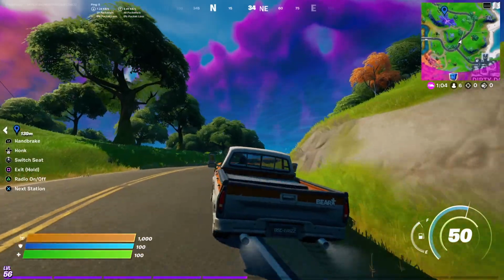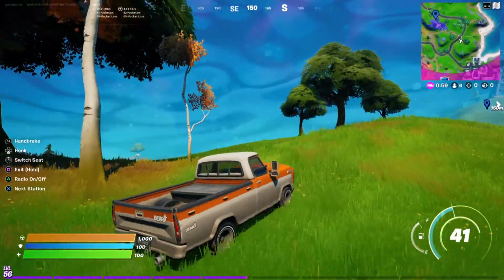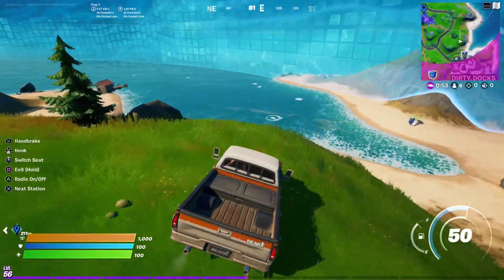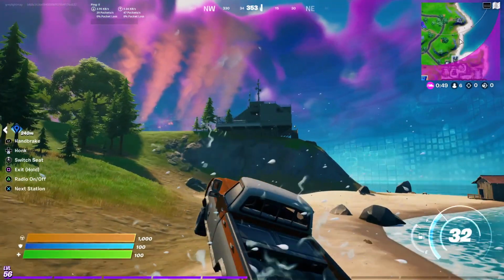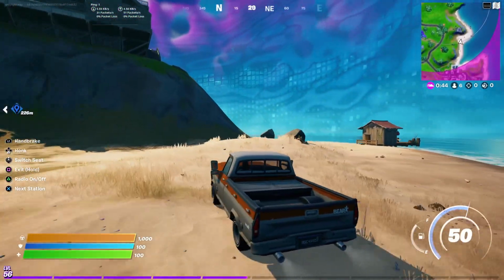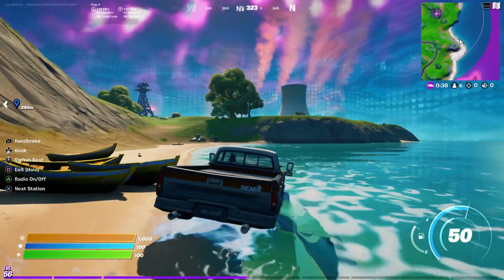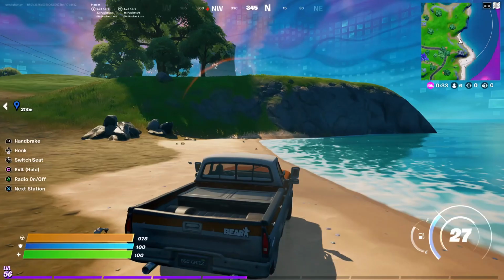So I'm heading to a place that is on the far side of the new storm circle. And I've already decided that I want to get to the back of that area on the edge of the island, because I think that that's going to be a good place to be. I look for a place to stop where it's easy to exit the vehicle without being seen. Usually that would be near a large bush, but in this case I'm heading for this bluff on the edge